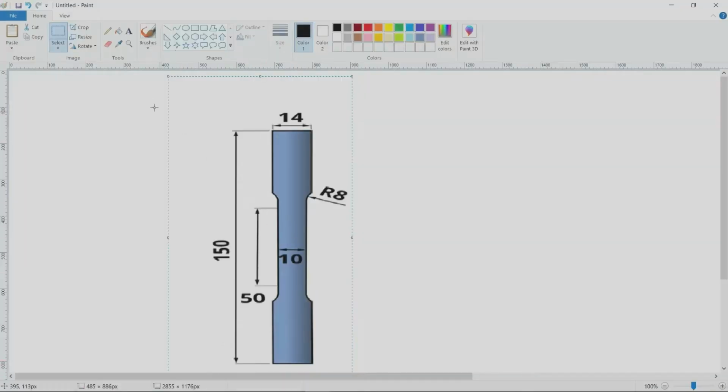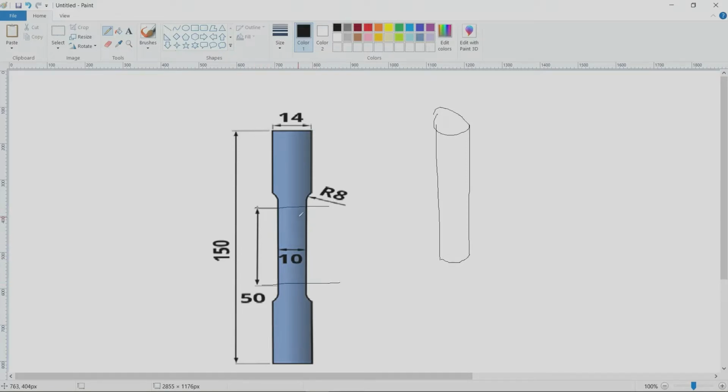So what we are going to model, we will make use of the symmetry, and this is your gauge length, which is a very important parameter.